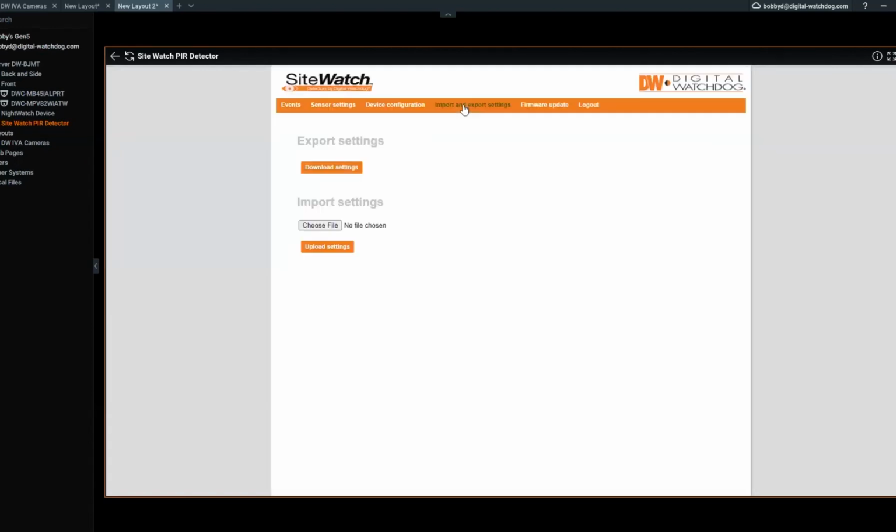So if you're setting up multiples of these things, you could export the settings and import them into the next one, and then just modify the few things you need to, like changing the name so they have different names, so you can be clear on which one you're in. So